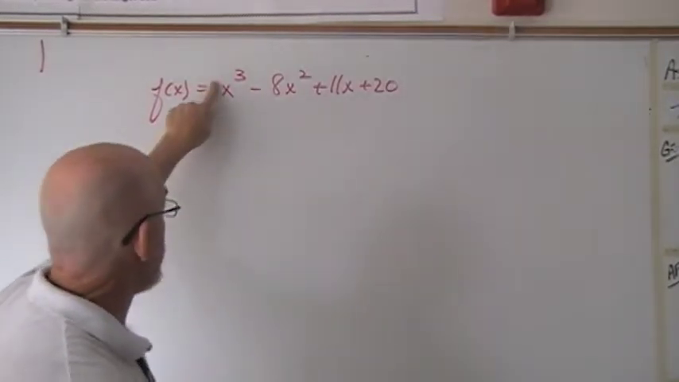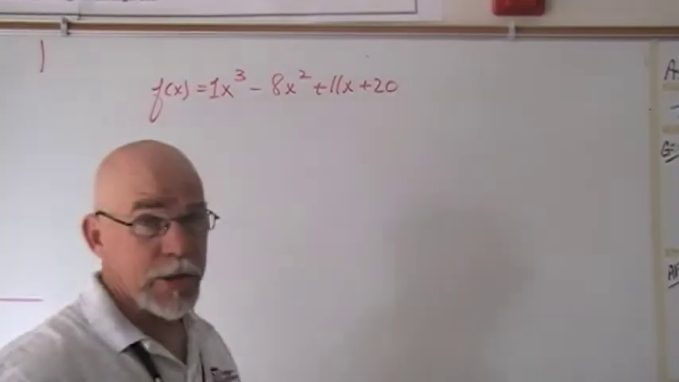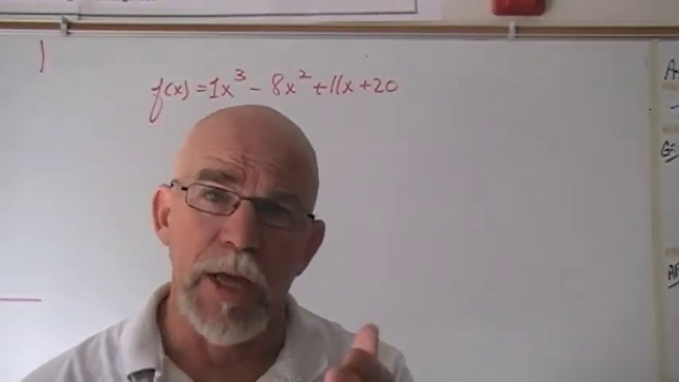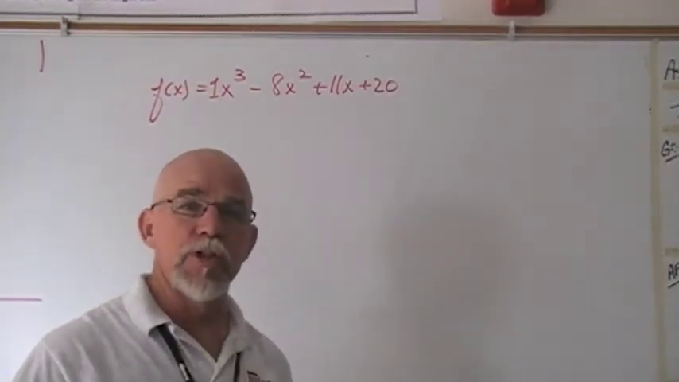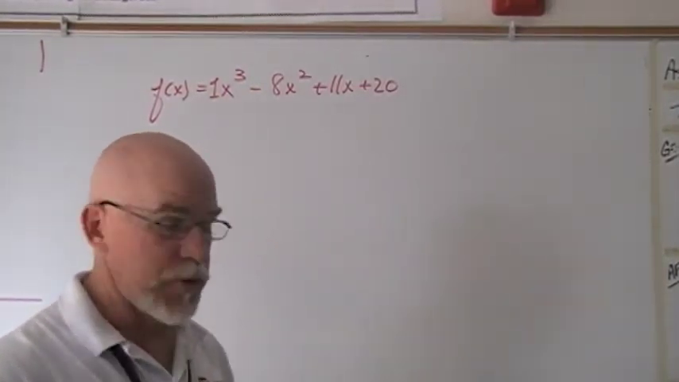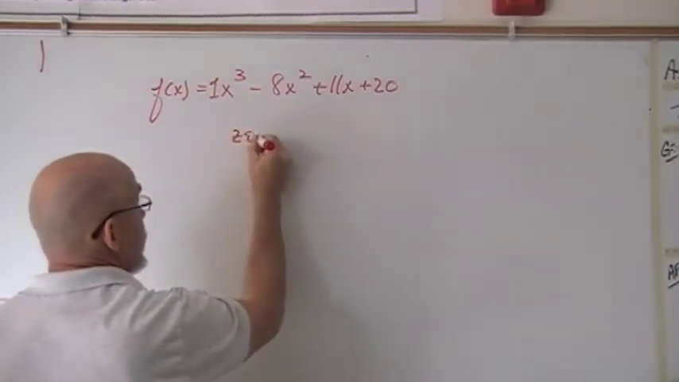Now, the polynomials we're working on today have a leading coefficient of 1. We're going to have other methods for when the leading coefficient isn't 1. So here we go. We know the leading coefficient is 1, so we're going to have integer zeros, and so it's all the factors of 20. So our zero possibility